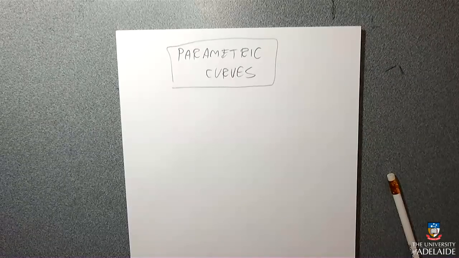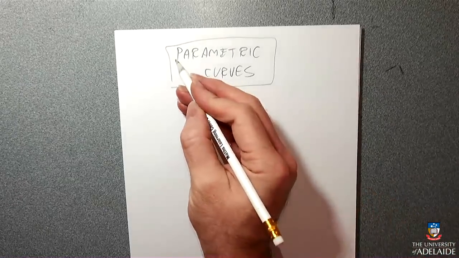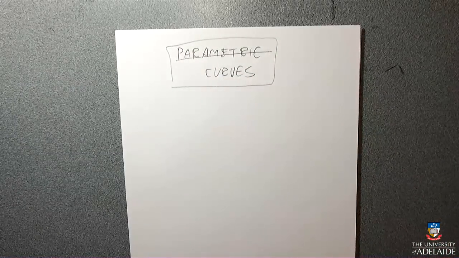All right. I mean, we could call it parametric curves, or we could just call it curves, because the parametric doesn't really matter. A curve to a mathematician is essentially something that you could draw by tracing a pencil on a page or through the air. It can be in 2D or 3D.